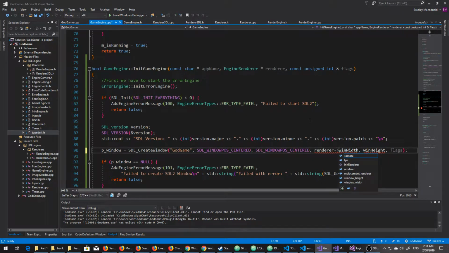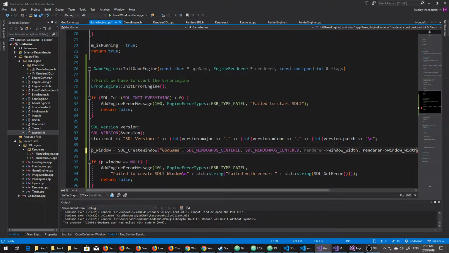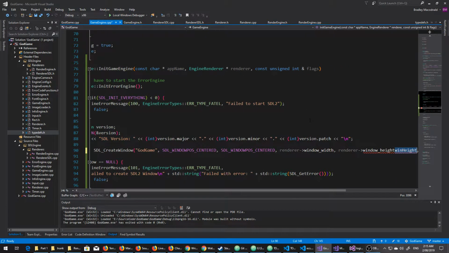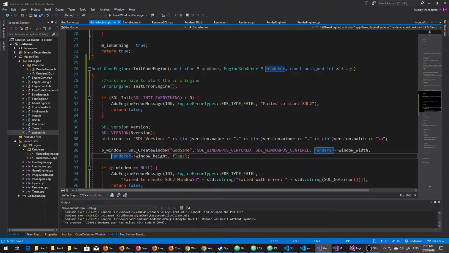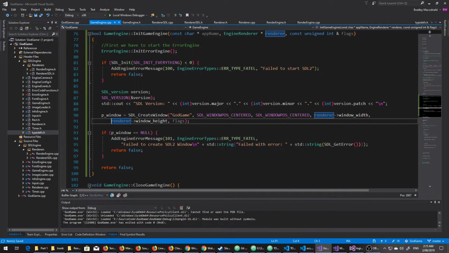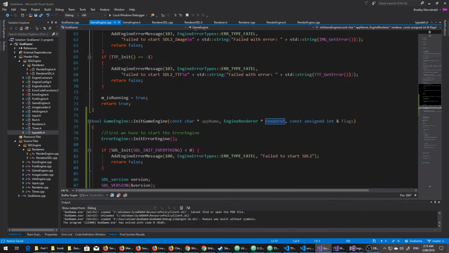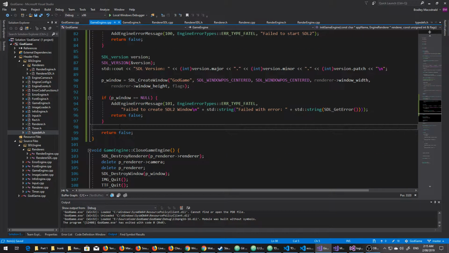That's window width and window height. Might just do this to make it a bit easier to read. Create the window. Then we use the